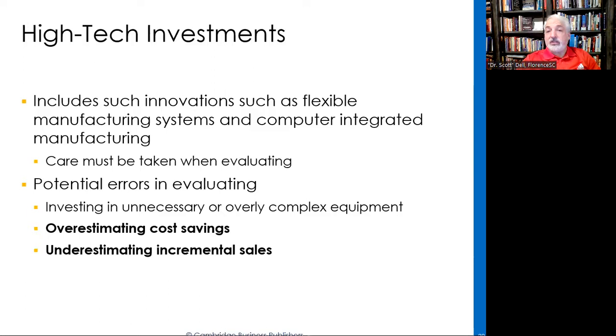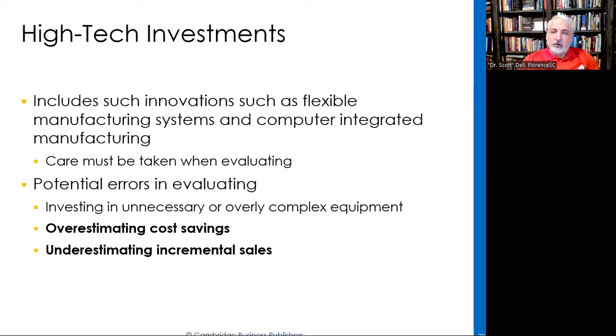In high-tech investments, those are a little bit trickier as well. Flexible manufacturing systems, computer integrated manufacturing, those are a little bit more touchy-feely sometimes, and you may not have as much of a track record, or you may not be able to accurately project the effectiveness or efficiency because there may not be good examples, because there are new technologies that haven't been proven before or haven't been used before or haven't been applied the same way you intend to apply them based on the capital models you developed.